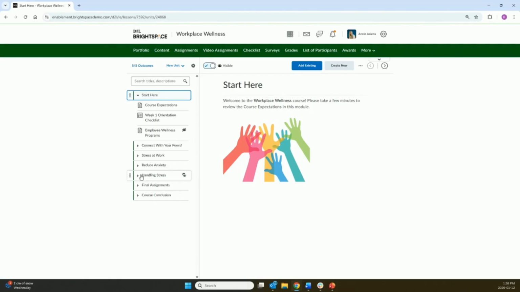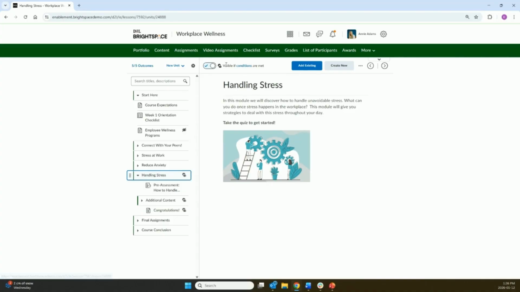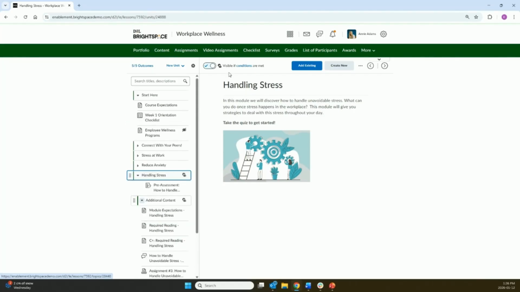So if I were to click to just open that a bit, I can click on there. I can see that there are some conditions that are attached, and I can also see that within the module I have some other release conditions that have been attached to the content items. So by clicking on this